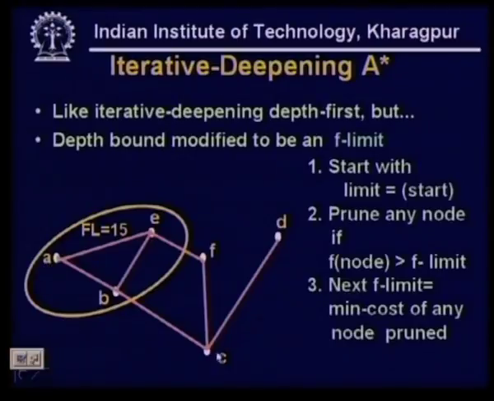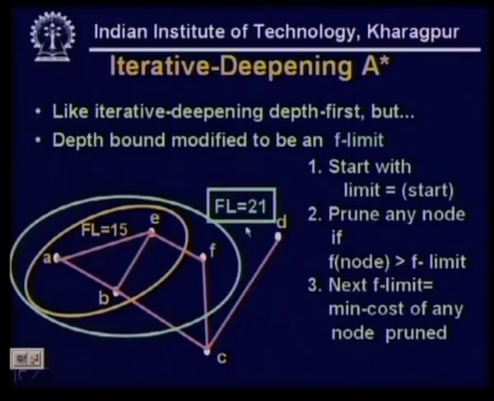Now, C and F were the nodes which were pruned in this first iteration. Suppose the minimum f value out of the f value of F and the f value of C was the f value of C, which was 21. In the next iteration we will use the f limit of 21, and we will expand this, doing a depth first search with this f limit equal to 21, and in the next iteration